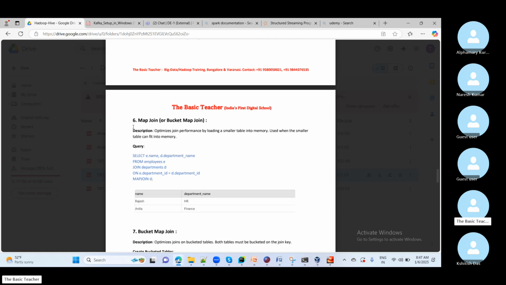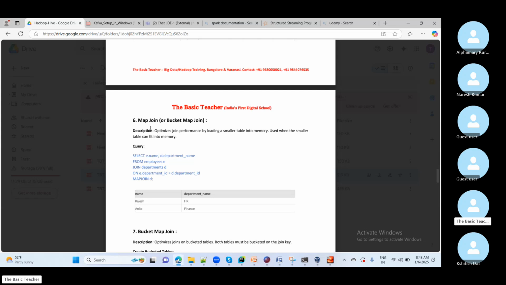You have to join both. For only 50 MB of data, all your 10 GB of data will be moving around, right? Because they need to communicate with that 50 MB of data. They need to join, and for joining they need to communicate with each other. We can avoid that. You can enable map join, and once you enable map join, then your cluster will